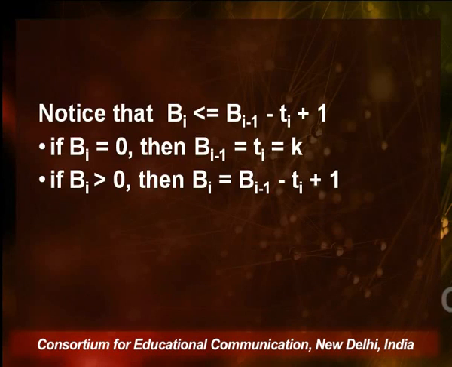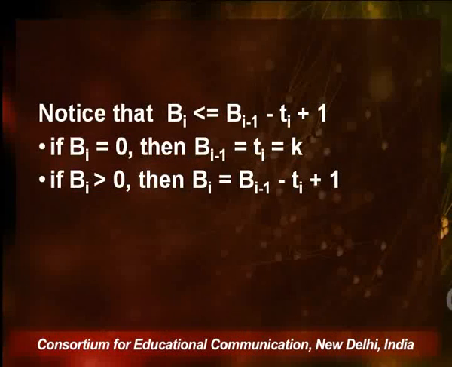So, before the ith operation, the potential is equal to k, where k is 4 in the example which I am telling. After the ith operation, when the counter has been reset, b_i is equal to 0, because now no bit is 1, all the bits are 0. So, we can easily say that b_i is less than or equal to b_{i-1} minus t_i plus 1. That is the thing which is going for both the situations.